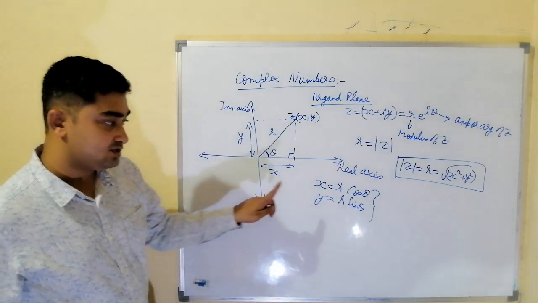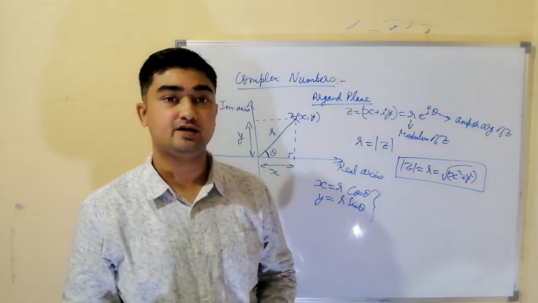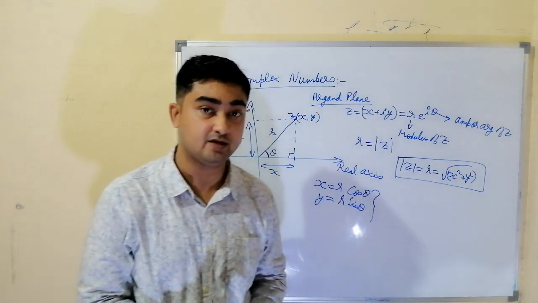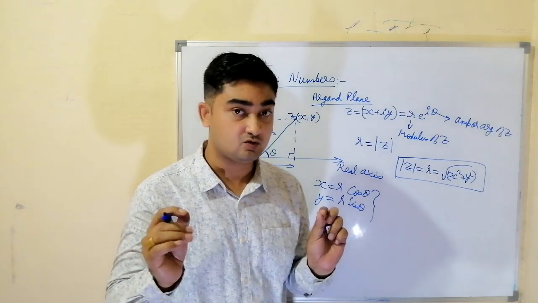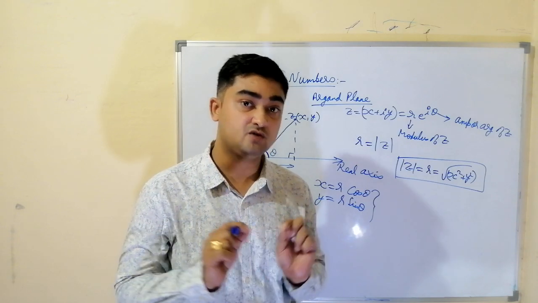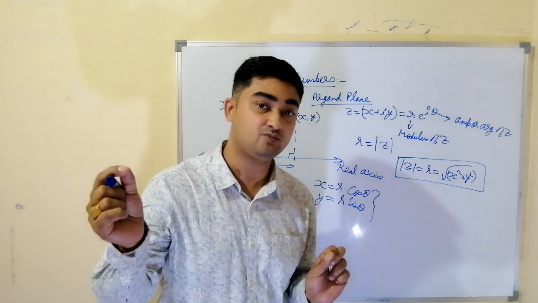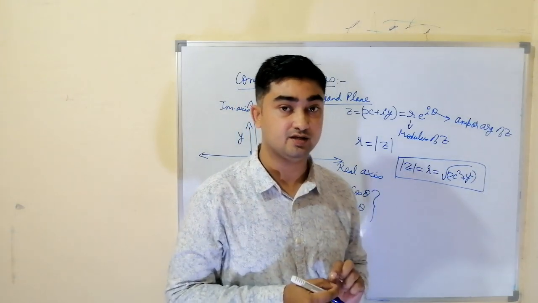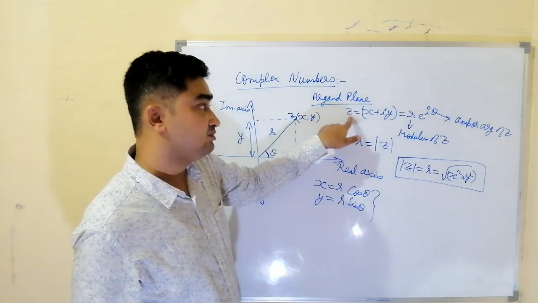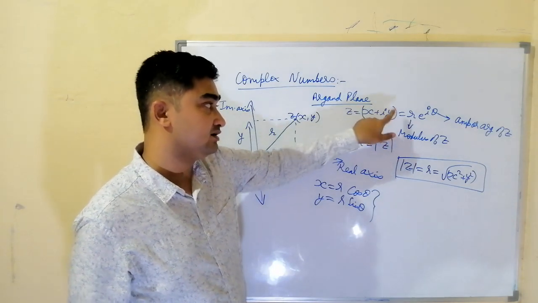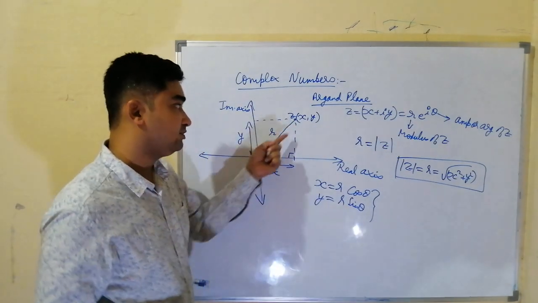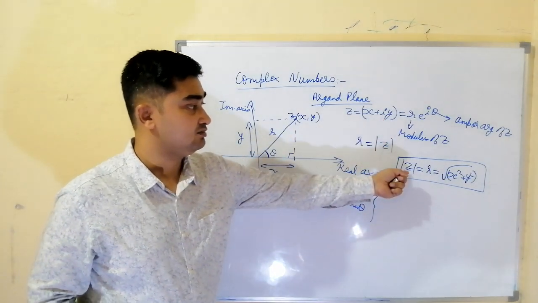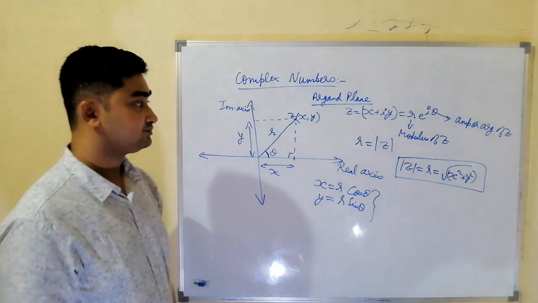Now we have seen what is modulus of a complex number. We have seen what is an argument of a complex number. Modulus of a complex number means the complex number is a point. So modulus means the distance of that point from the origin. If in the complex number the real part is x and the imaginary part is y, then using Pythagoras theorem the distance will become under root of x square plus y square, which is the modulus of the complex number.